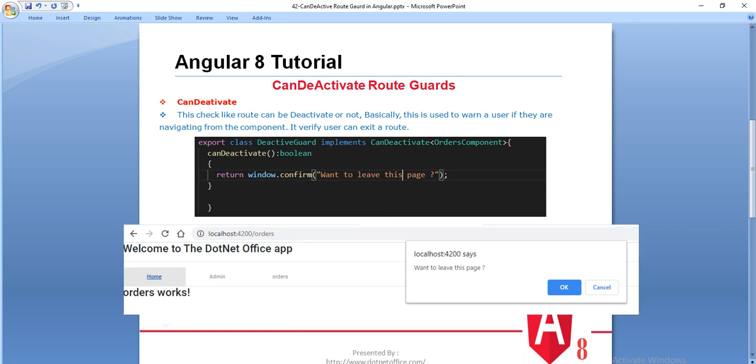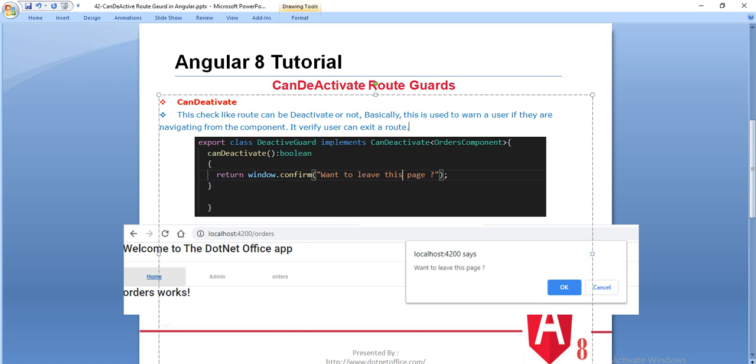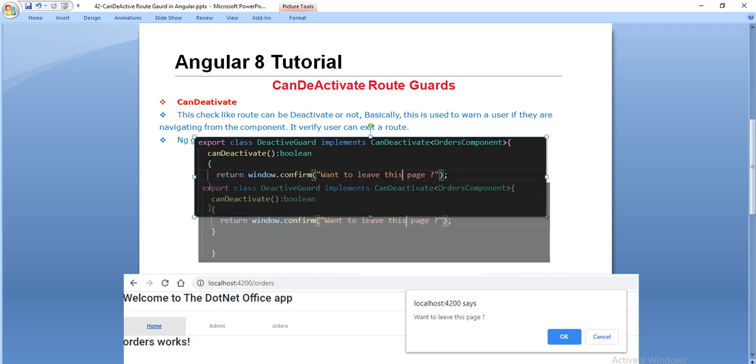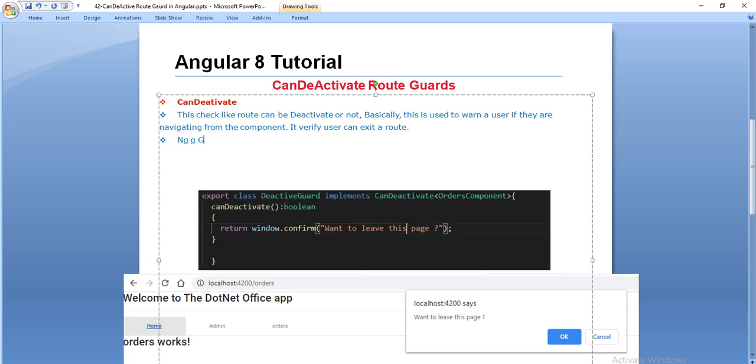Before proceeding, first we have to create a route guard using the command ng g, where g is for generate and the next g is for guard, followed by your guard name.